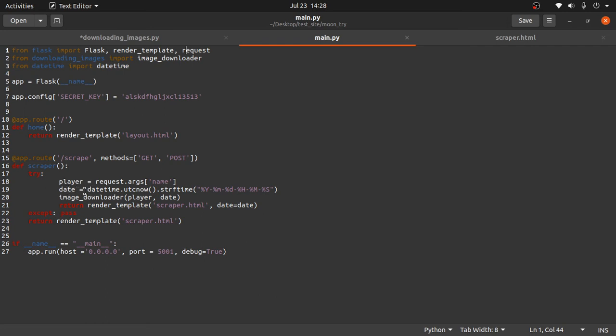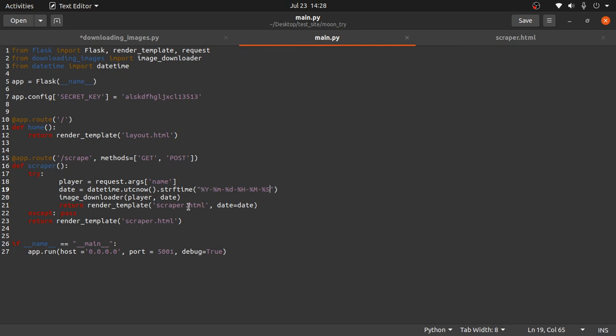And then date, what is this? From datetime I imported datetime and created a datetime object and formatted it into this format. And why did I do that? Up to the seconds: year, month, date, hour, minute, second.